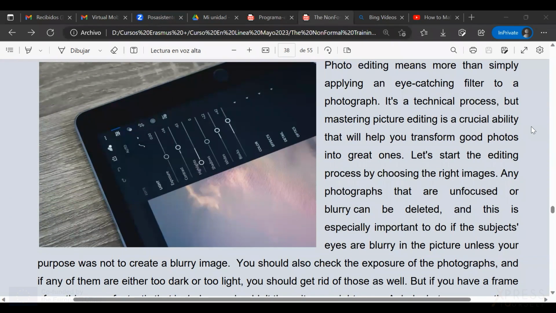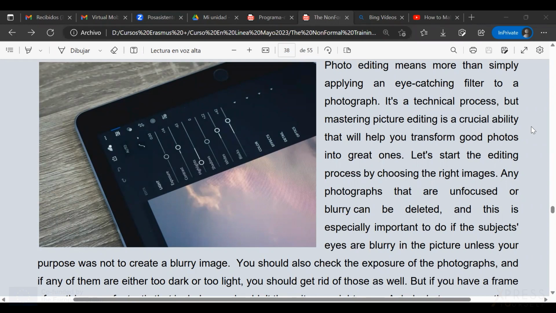When we edit a picture, it usually loses quality. That is the reason why, if we start with a picture that doesn't have good quality, then after the editing it will be worse. You should also check the exposure of the photographs when choosing your pictures.